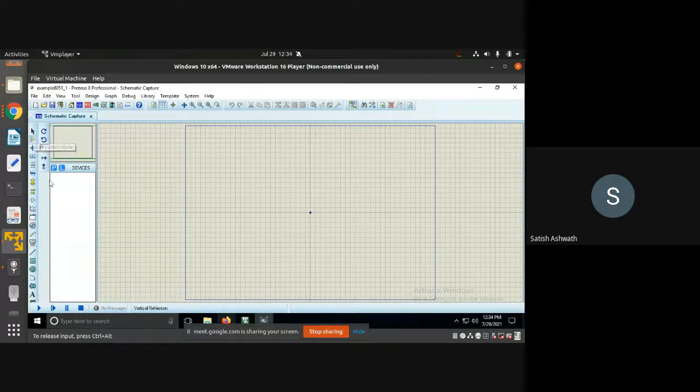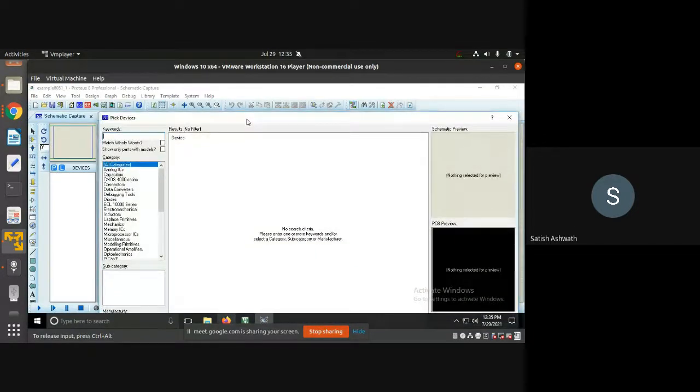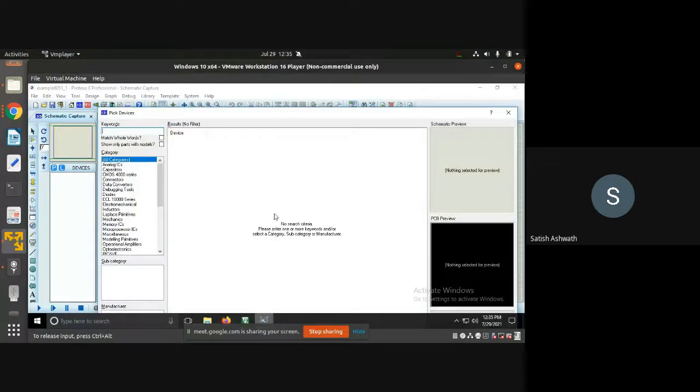This is component mode. So click on this. As of now, it is not showing anything because the components you want to select have to be searched. Whatever you see here on the left are all the different categories of components available. So you have to search for what component you want to place.